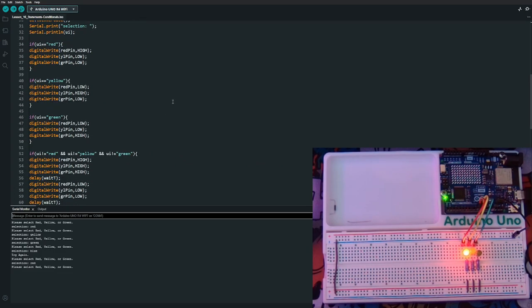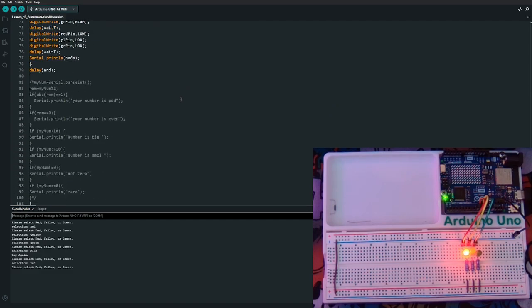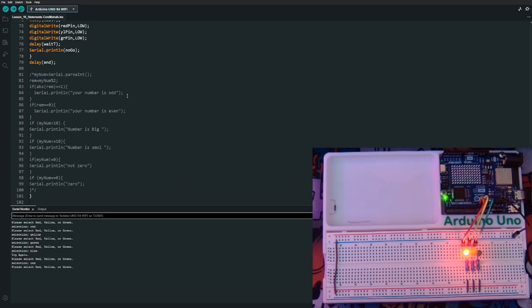And so if you're following along with these courses, I would really recommend that even if you're not doing the other things that he's doing, I keep it in my sketches for notes purposes, and I just comment it out so that it doesn't affect the code. But that way I have a reminder, little hints if I run into a problem later and I'm like, wait, it was working back then, why isn't it working here? And maybe it's the absolute for remainder. Maybe it's that I didn't select greater than or equal to. Maybe it's because I forgot to use